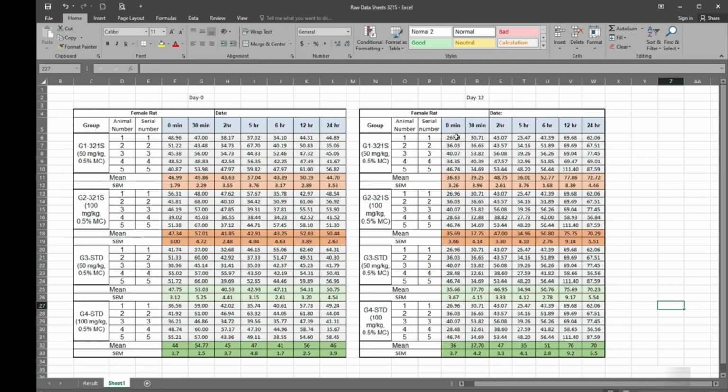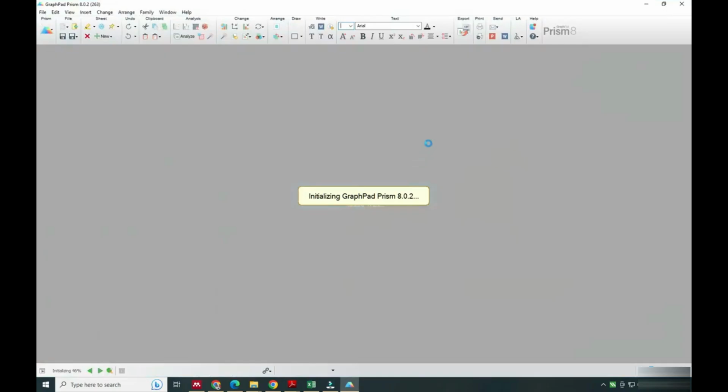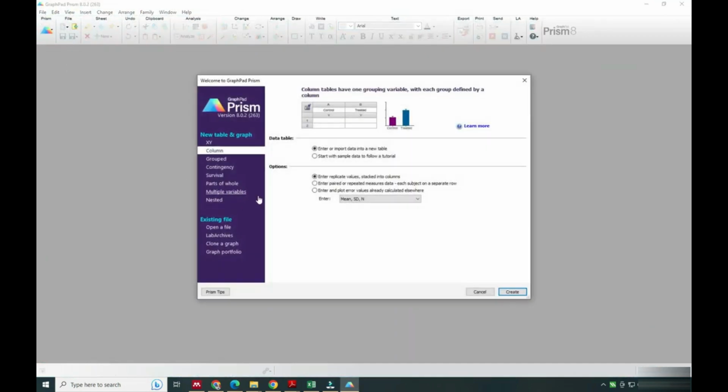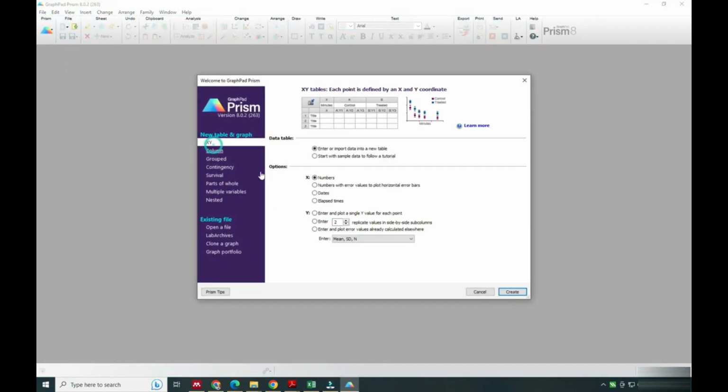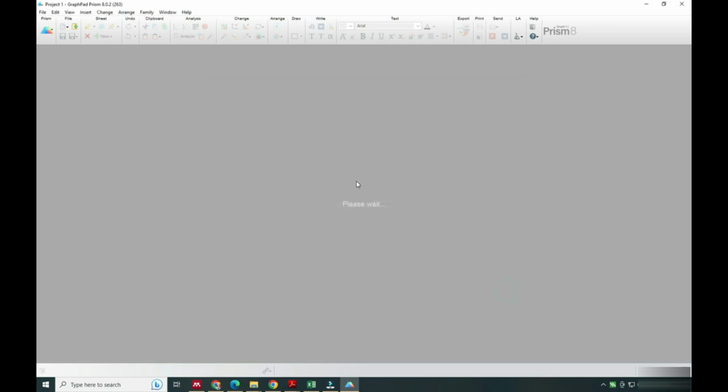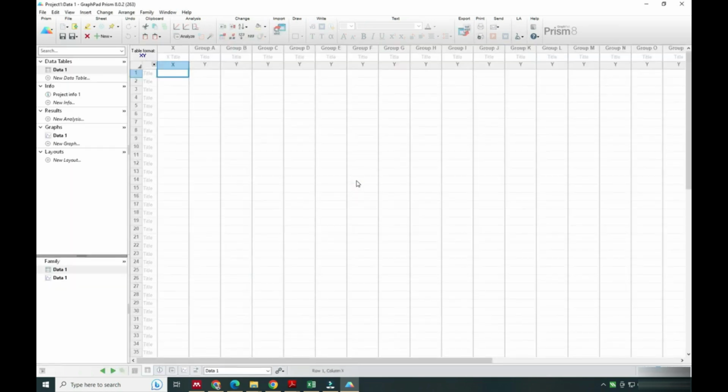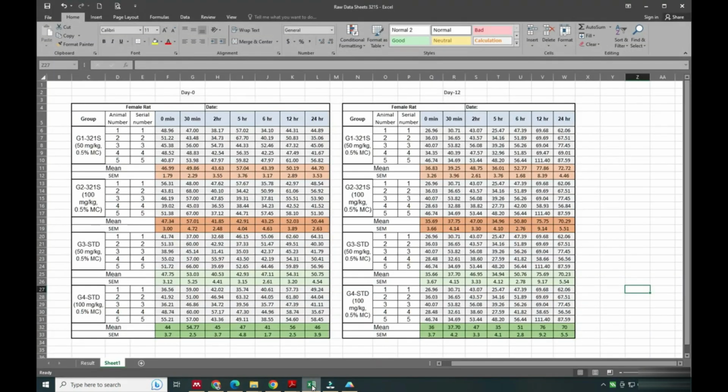We have time points 0, 30 minutes, 2 hours, 6 hours and 12 hours. So here we have started GraphPad Prism, in which we will go to XY and select the Y first option and click create. Here you can see we have the x-axis. There we will place the time points at which we collected the blood. We will copy the time points. Here you have to paste,